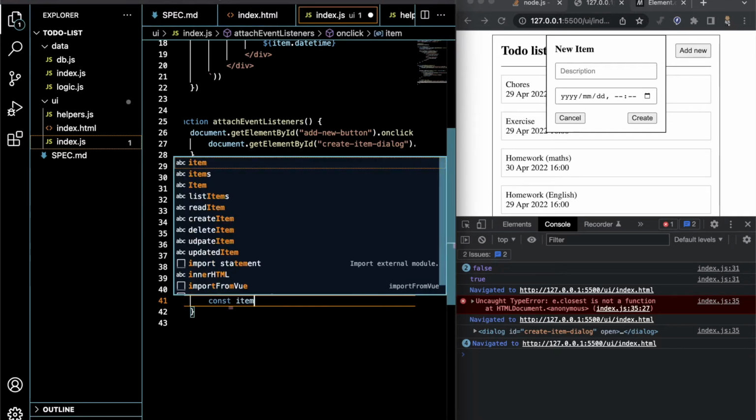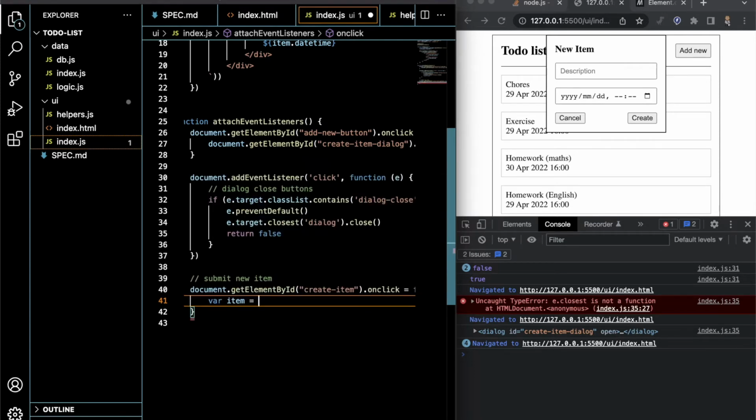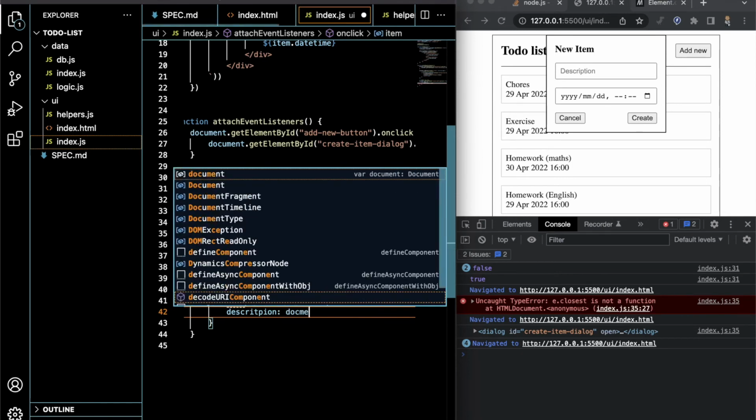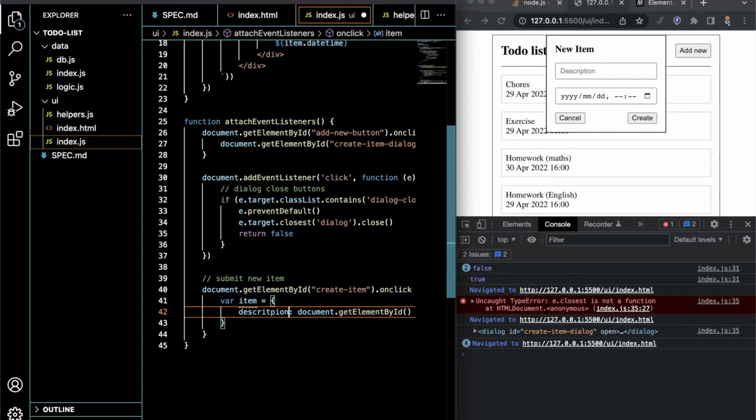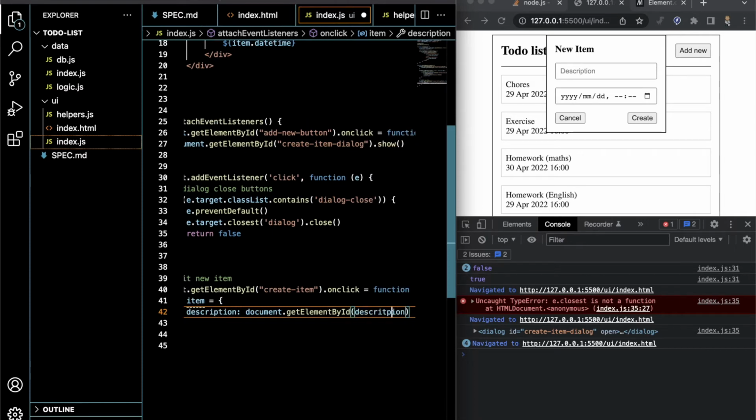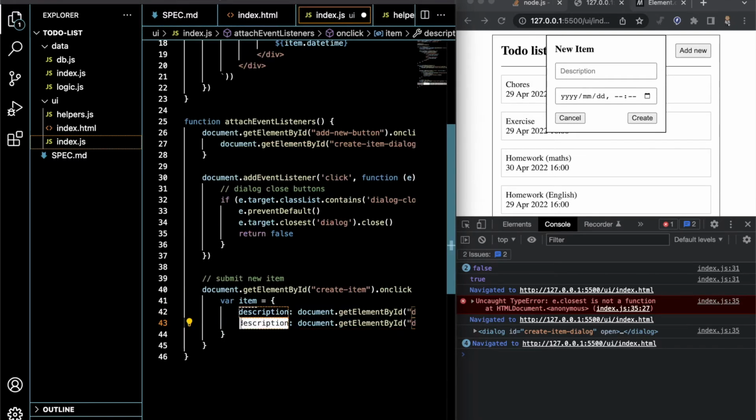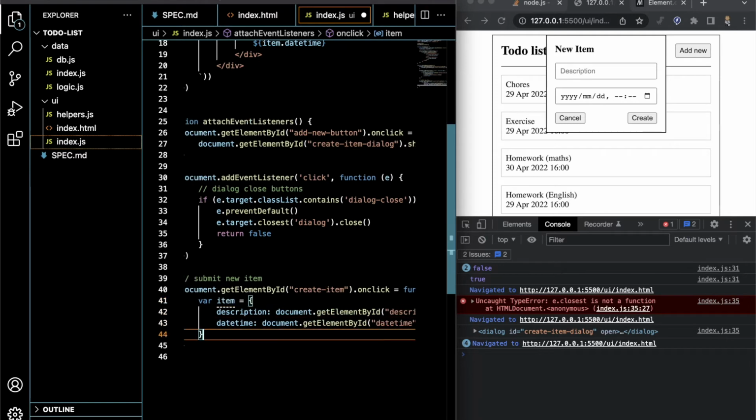Const item, var item equals description. So we're gonna get our description from document dot get element by ID. I think we call it description, not description. Description. And we have our date time. Date time, not data time. Date time. Okay. And what we are going to do with that is